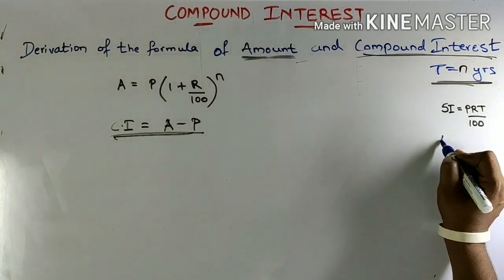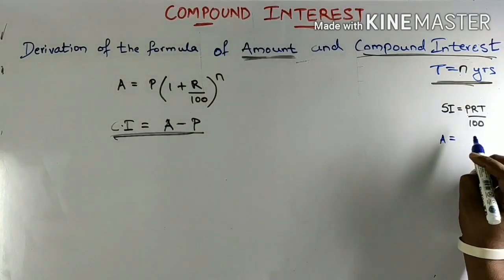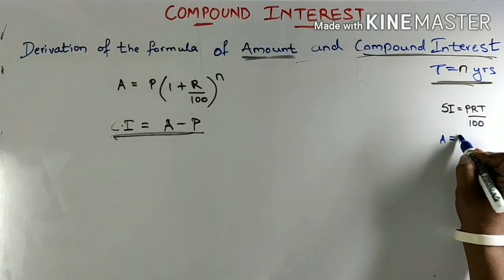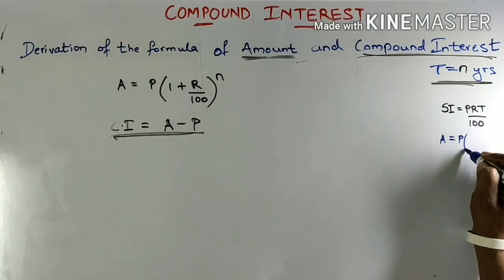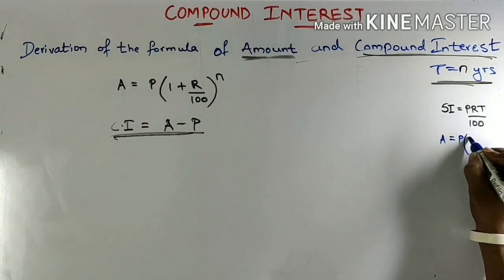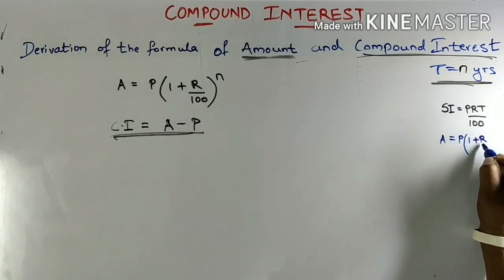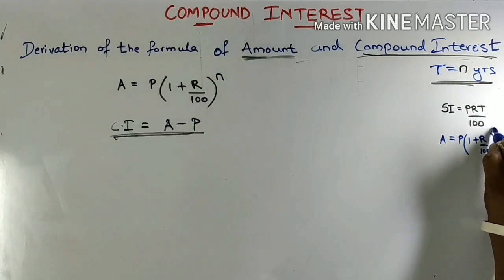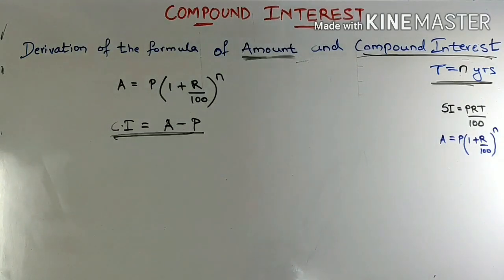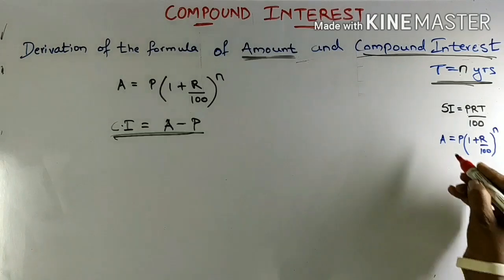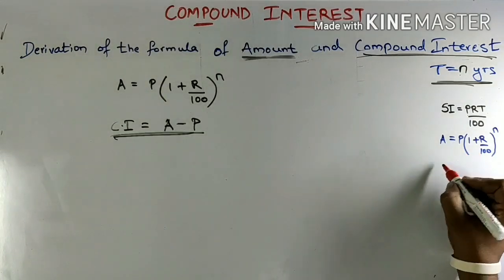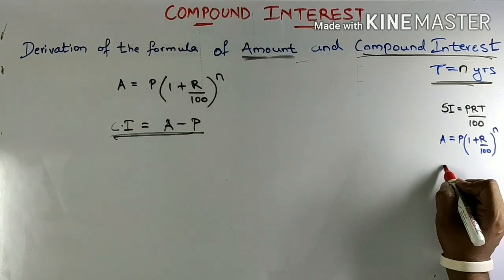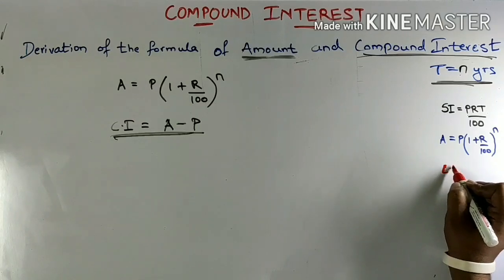The amount calculated for compound interest, the total amount, is given by P into 1 plus R by 100, the whole raised to n, and the compound interest, only the compound interest, is given by CI,